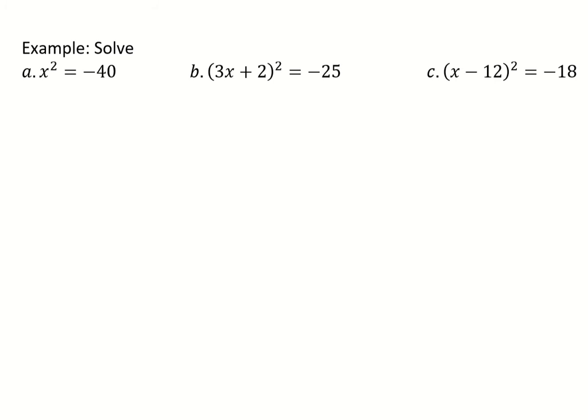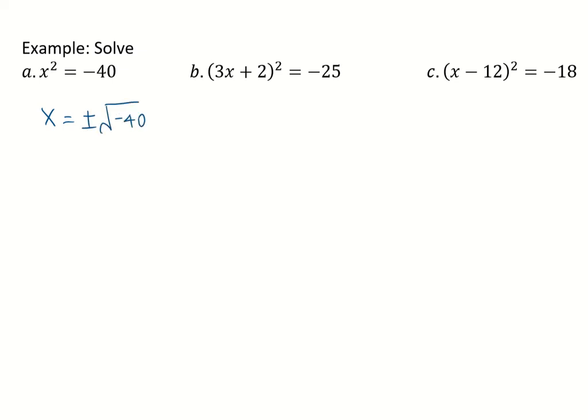In this video, we'll solve the following three equations. Let's look at A here. x squared equals negative 40. We're going to use the square root property here. Since x squared is equal to negative 40, then x should be equal to plus or minus the square root of